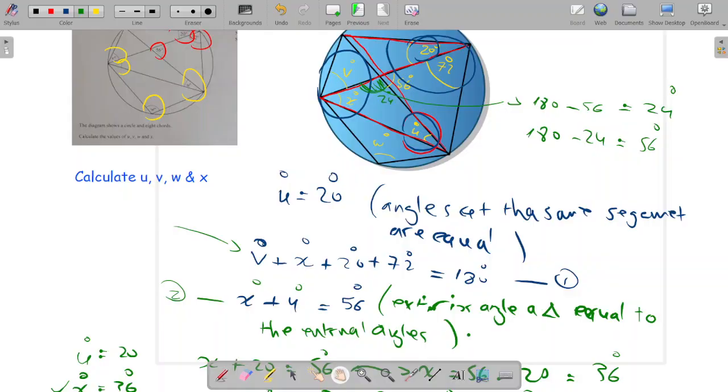I can look at the shape. I'm going to erase all of these drawings because they can make me confused about how to analyze it. So the angle W is made by these chords,